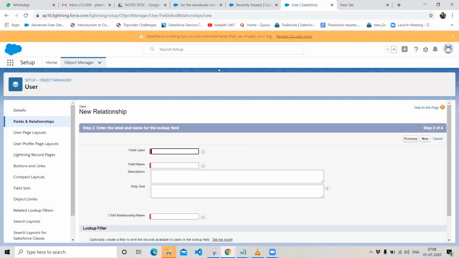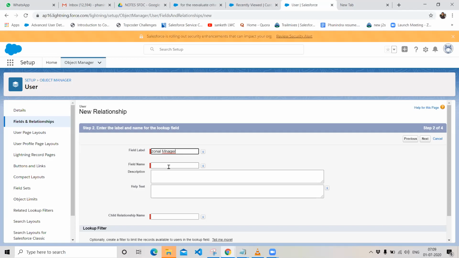Similarly, in the user object also, if you do want to give a lookup relation to another object, saying that he is my regional manager or he is my zonal manager, in such situations you can create your hierarchical relationship in your user record, and you can store the ID of the corresponding user, and you can use it in your business processes. So I want to create the user field. What is the field label that I want? Zonal manager. Let me create zonal manager.